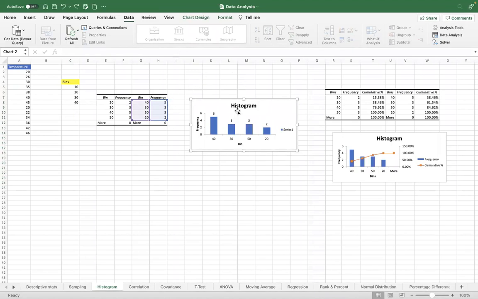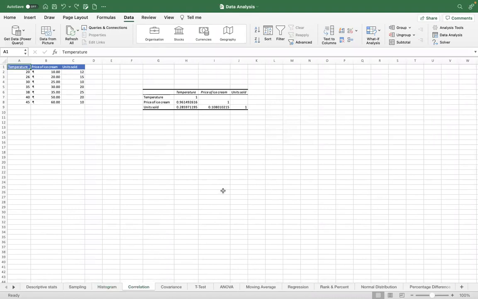Right. Now moving on to correlation. So correlation is again a very important topic for every data scientist. You have to see the correlation between data before applying it to any machine learning algorithm, or even if you want to explain anything to your client,